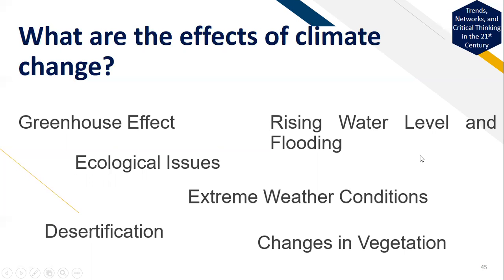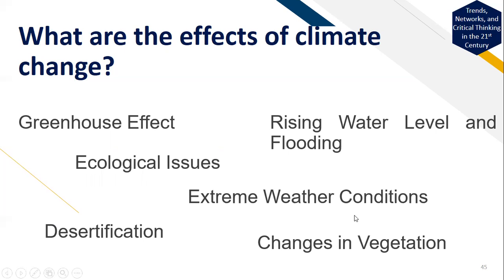So rising water level and flooding. So ito nararanasan natin to, no? Rising water level. So sabi nga, no, in 100 years from now, there are some areas in Manila that will be submerged in water. Bakit? Kasi nga unti-unting tumataas ang tubig sa Manila Bay. Okay? So extreme weather conditions, ito nararanasan din natin ito, no? Nagkakaroon na tayo ng mga super typhoon. No? Ayan, no? Super typhoons, nabubuo.